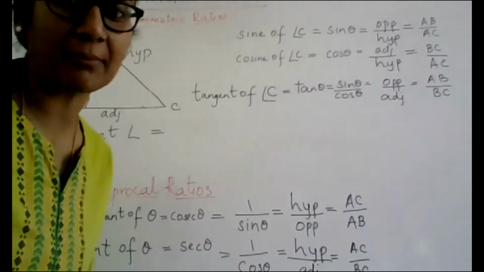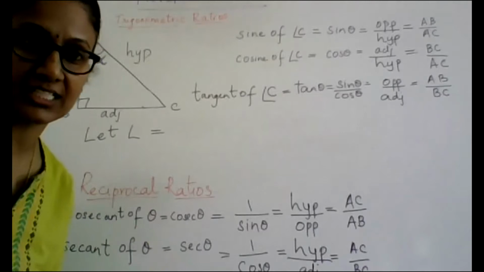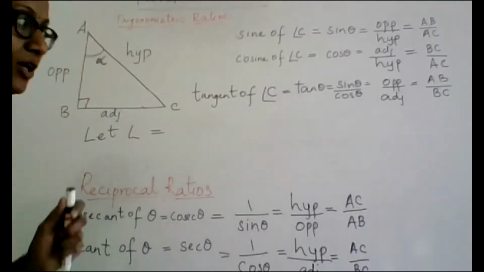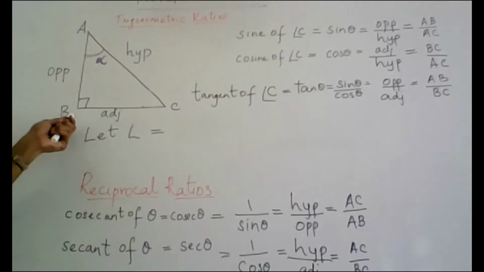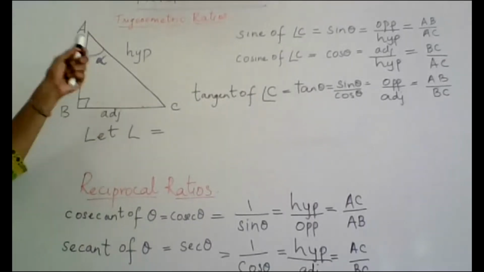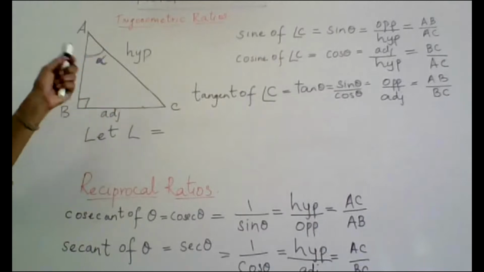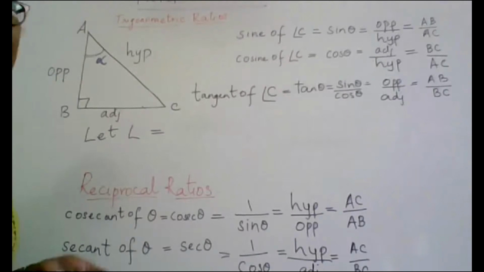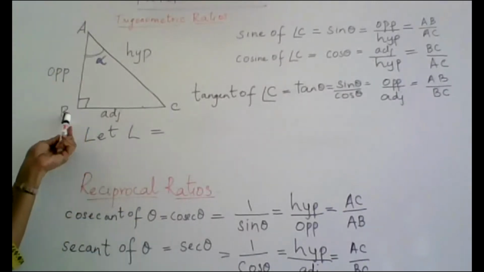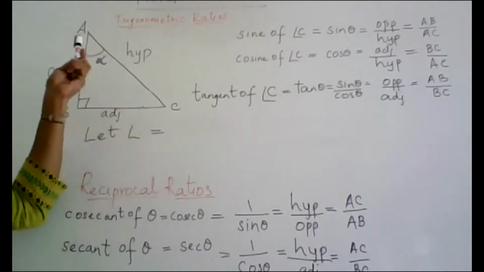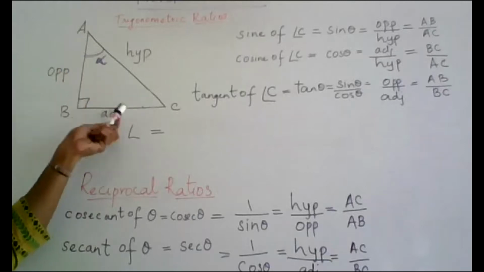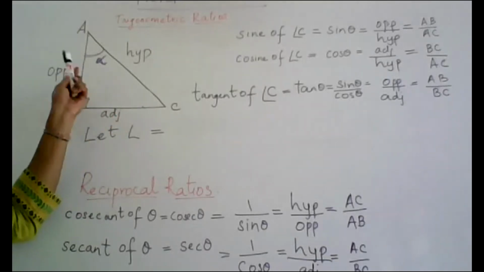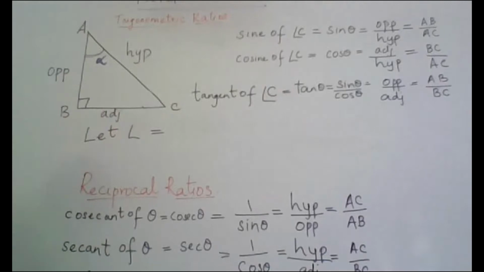That's why I started with similarity. When two or three triangles are similar, it is happening only because one of the angles is fixed as 90. That is why you are getting the other two angles as acute angles, which will be equal even though the sides are not equal. So there is nothing like defining the ratios for the right angle. With respect to the right triangle we get the two acute angles, and this ratio is going to remain constant only with respect to the two other acute angles in the right triangle.